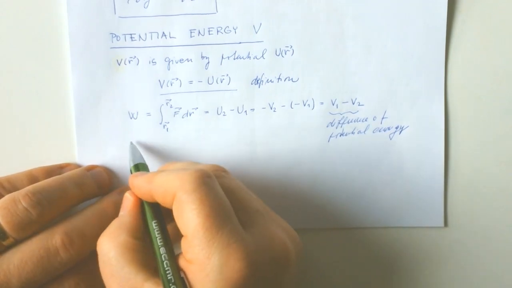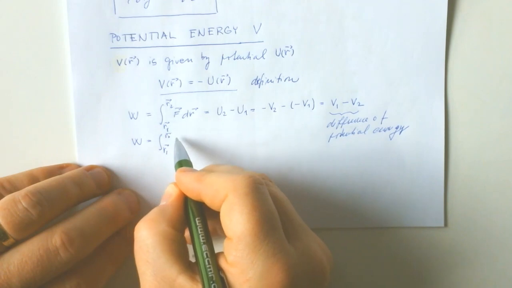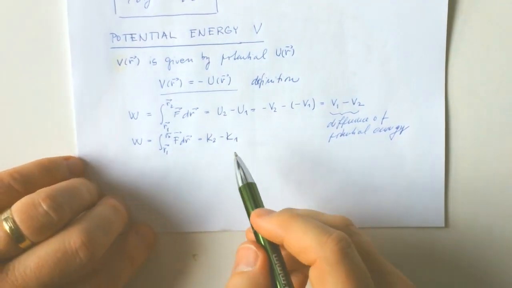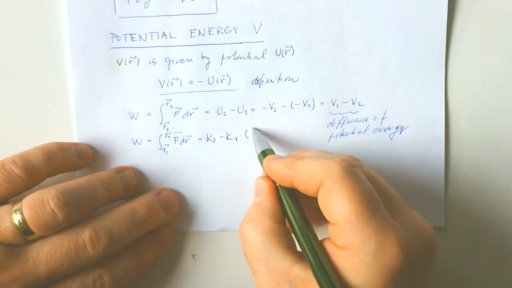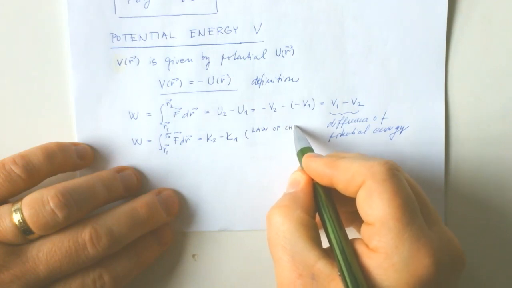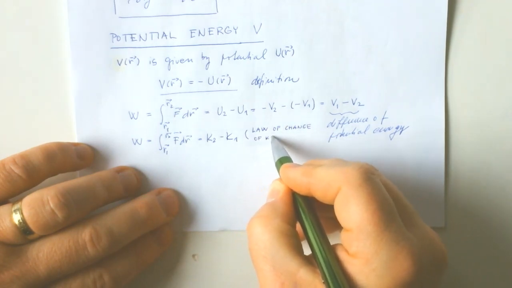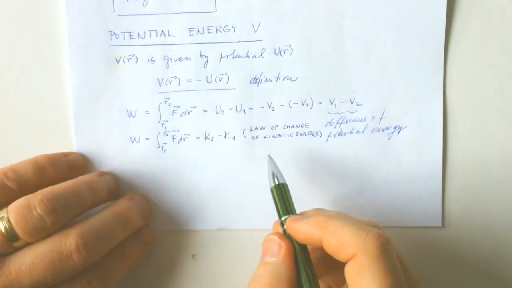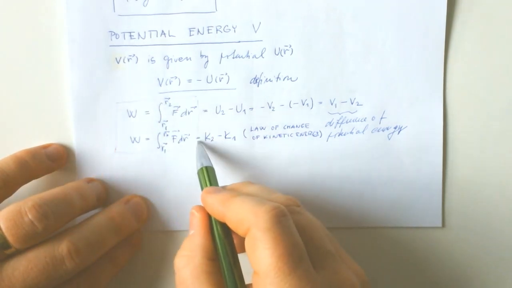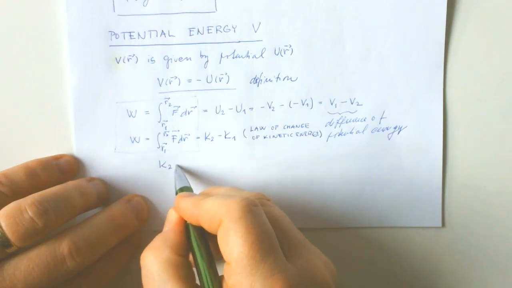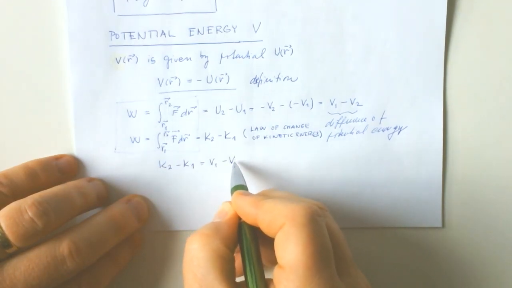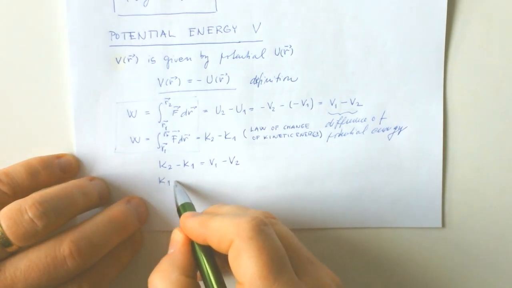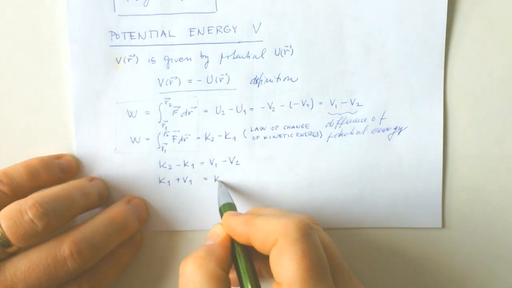So we also know that the integral of F dR is equal to a difference of kinetic energies. It's from the previous lecture. It's the law of change of kinetic energy. Okay, and if we put it together, because this is the same, we can write that K2 minus K1 is equal to V1 minus V2, and we put the values in state 1 together, so it's K1 plus V1 is equal to K2 plus V2,